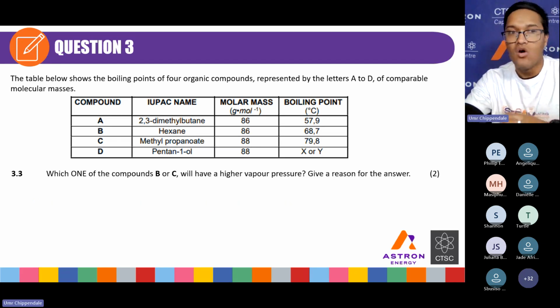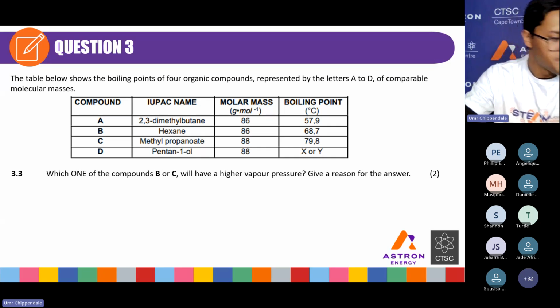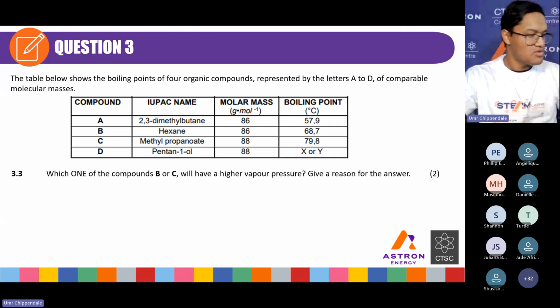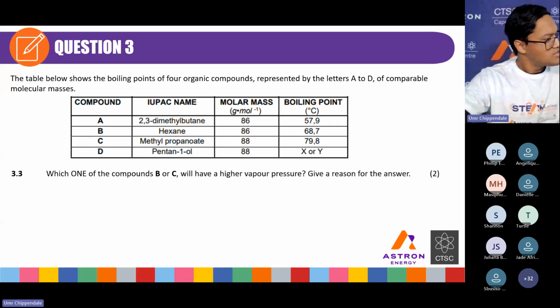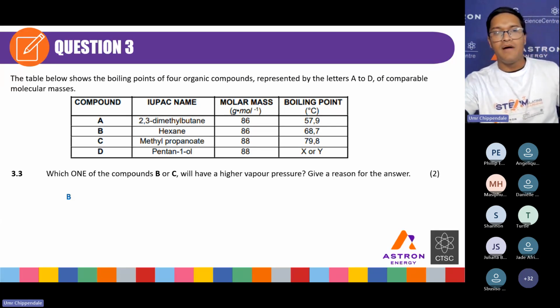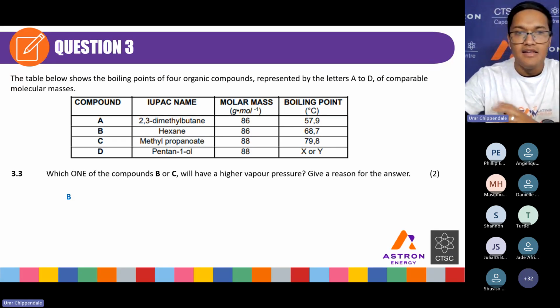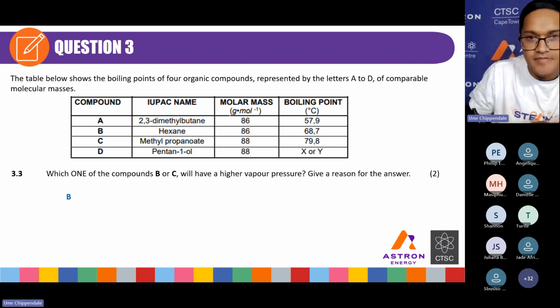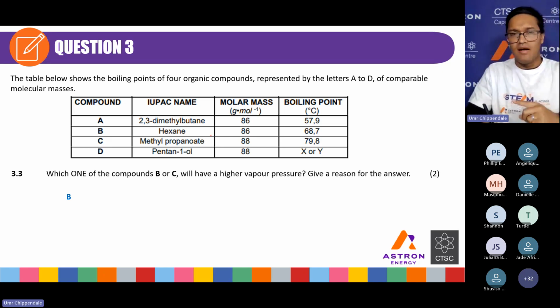3.3, one of the compounds, B or C, will have a higher vapor pressure. Give a reason for your answer. Okay, so is it going to be B or C? So, this is going to be compound B, right? And the reason for that is, like I did with the multiple choice,